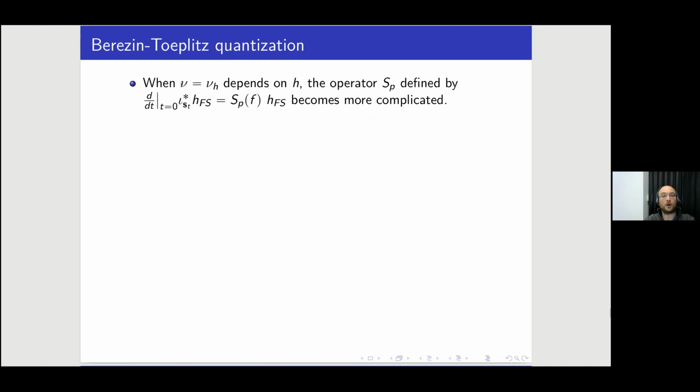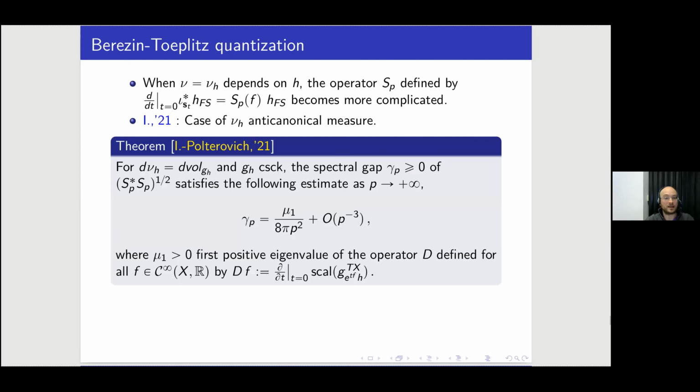So quickly, this was when nu does not depend on h, and unfortunately, all the cases I've presented to you before, so balanced and anticanonically balanced, use a measure that depends on h. And in that case, this operator, which is necessary, there should be iota star of S0 here. This operator is not the Berezin transform, something more complicated, but which you can deal with. And in particular, to establish the case of anticanonically balanced metrics, you need to deal with it. So it's some kind of intermediate case. But the hard case has been